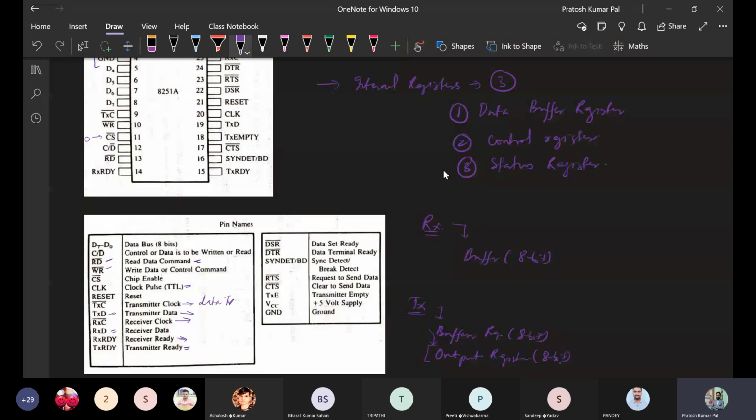Similarly, here it is the receiver data, or we can call it the input register. It is also an 8-bit register, and one is the buffer register. When data is received, after going to the input, it will go to the buffer register.